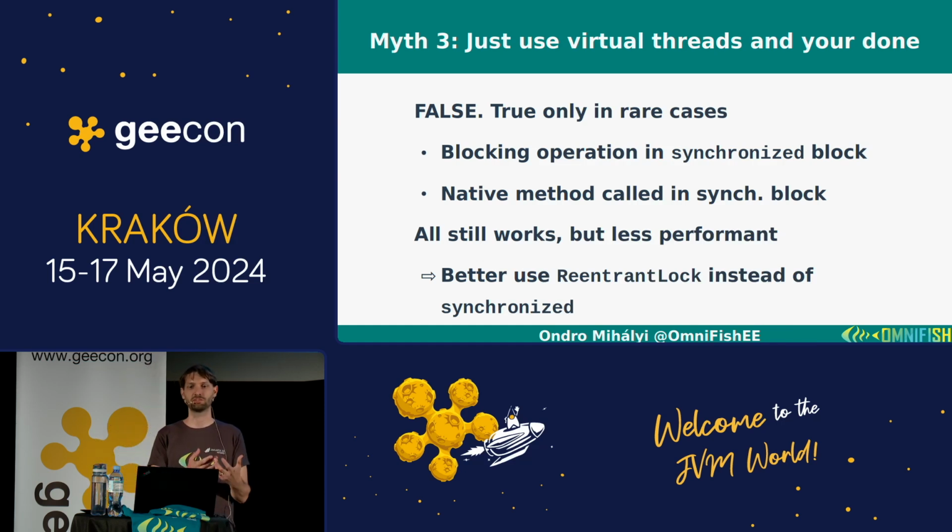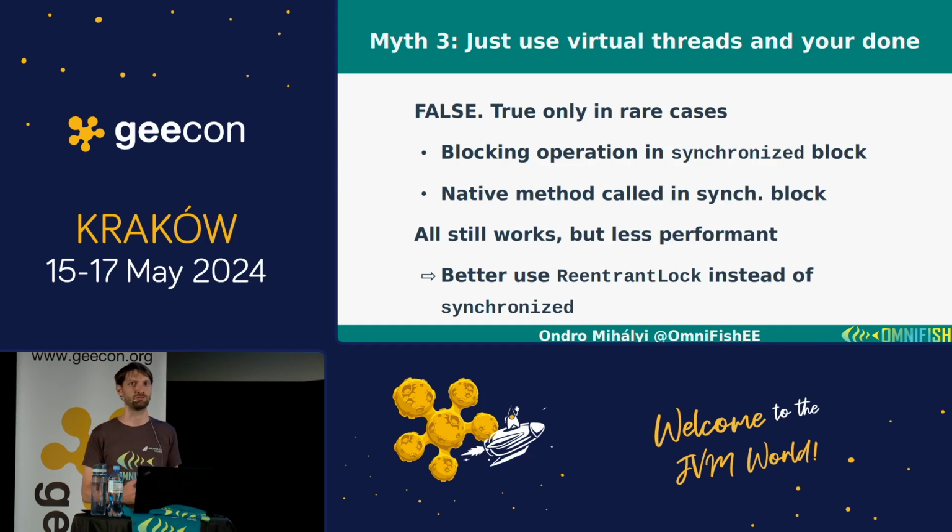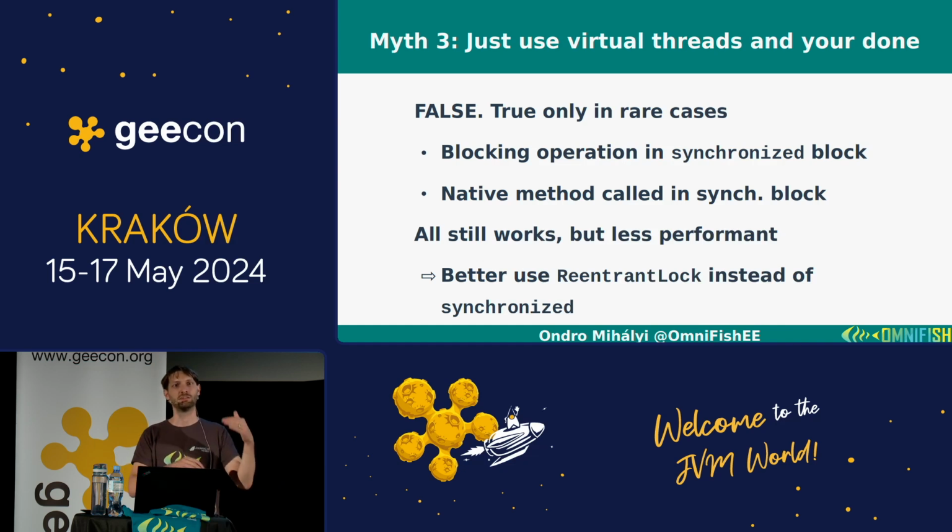Sometimes when you replace platform threads with virtual threads, you can have performance degradation for the reasons I mentioned about thread locals. If some library uses them for caching, then with virtual threads, you can lose this performance improvement. But it's not going to ruin your application. Maybe your application will be less performant. Maybe if you have this rare case that a synchronized block calls an I/O operation, then you will see some performance degradation, because then the platform thread will actually be blocked and no virtual thread could use it.